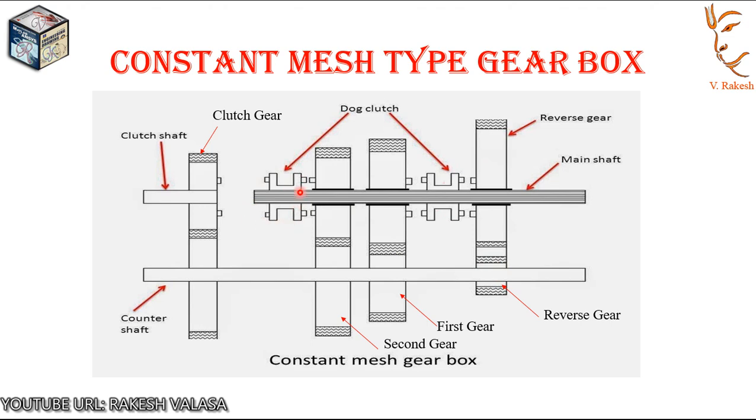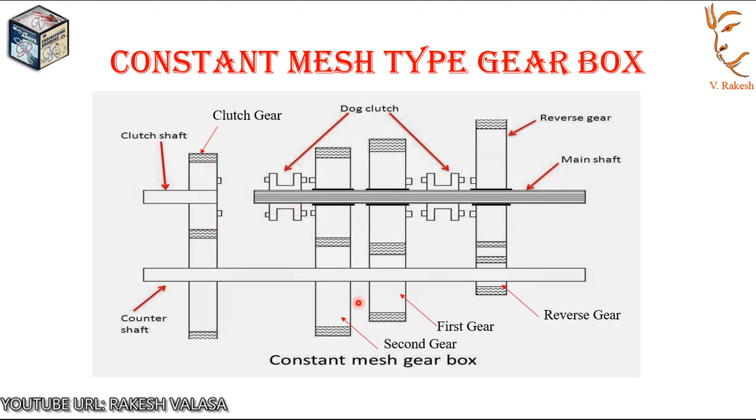See here, this is the dog clutch 1, this is the dog clutch 2. Dog clutch is special feature of the constant mesh gearbox. It is used for the coupling of any two shafts. This is done by interference using a dog clutch. Various gears can be locked to the output and input shafts.